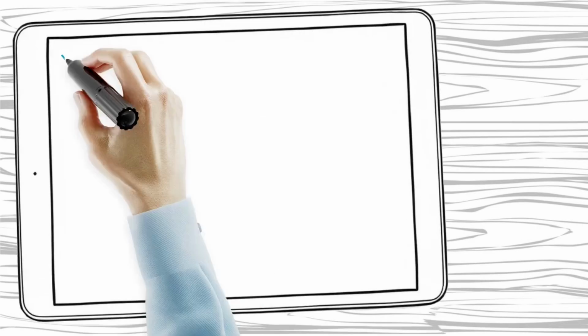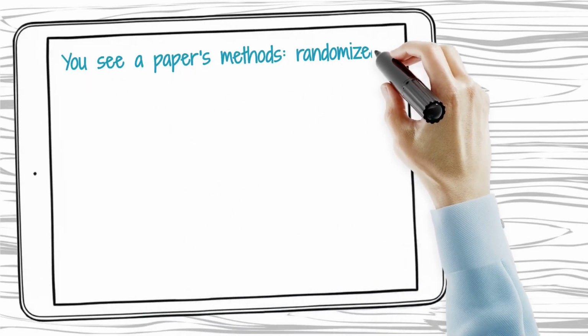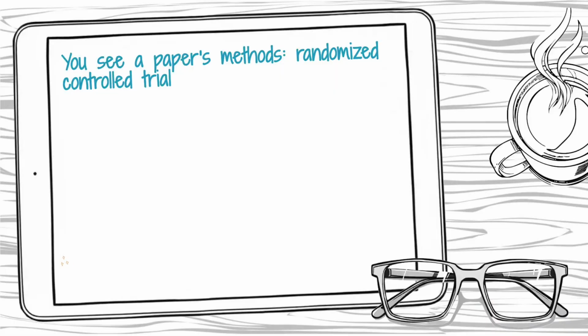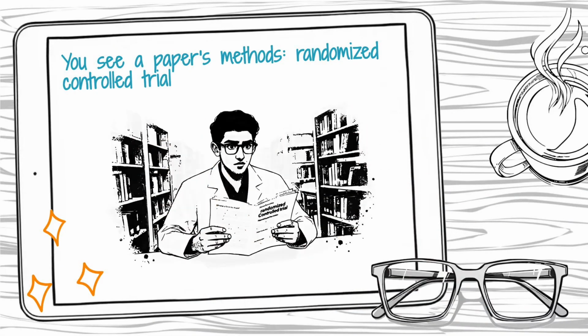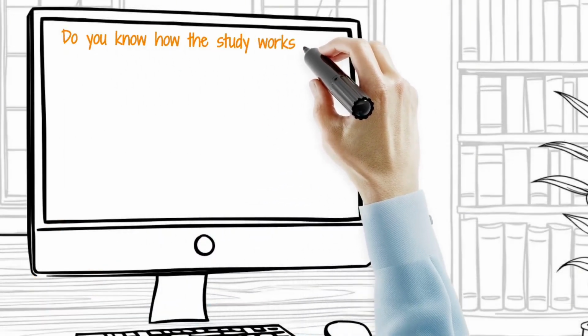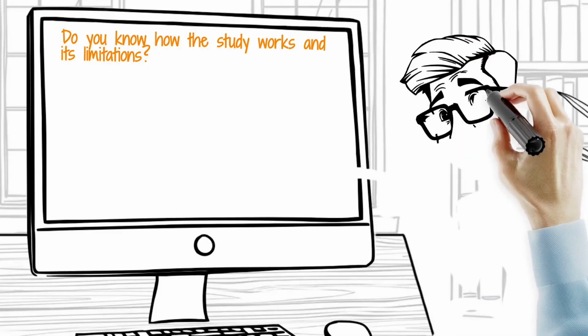You've just been handed a paper. You look at the methods section and you see the words, randomized controlled trial. You nod. You continue reading. But do you actually know what that means? Do you know how that study was built, why the researcher chose that design, and what it can and cannot